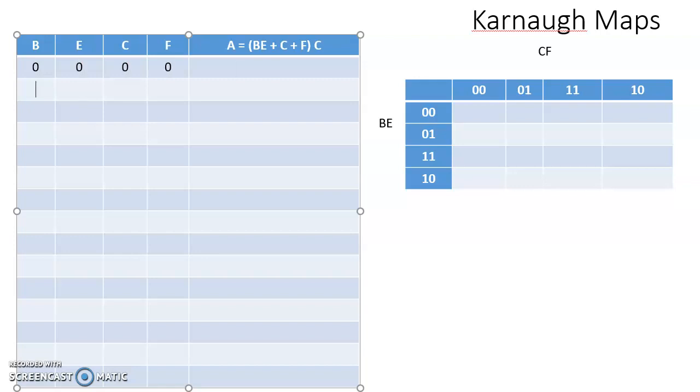Then for the next row, we add 1. So 0, 0, 0, 1. Next row, we add 1, 0, 0, 1, 0, and then 0, 0, 1, 1. So we keep adding 1, 0, 1, 0, 0, 0, 1, 0, 1, 0, 1, 1, 0,